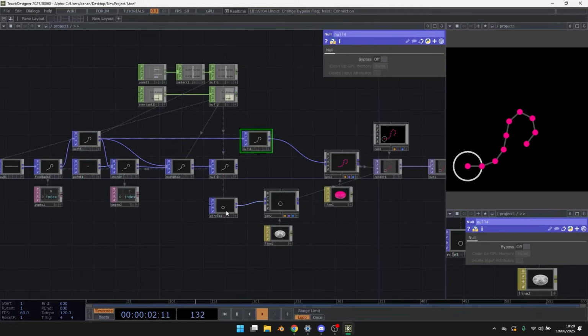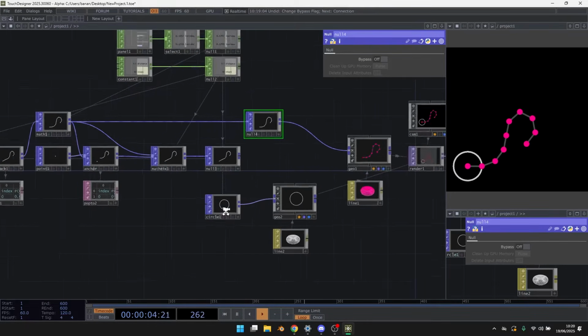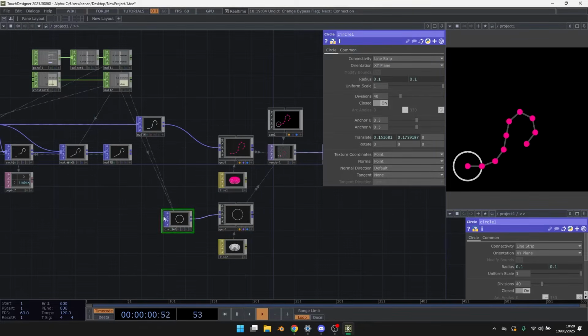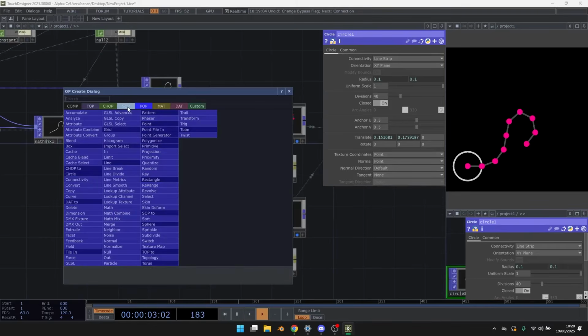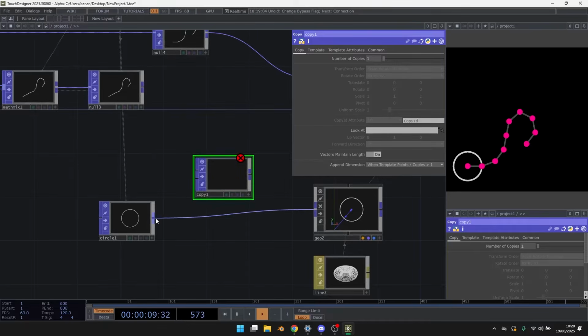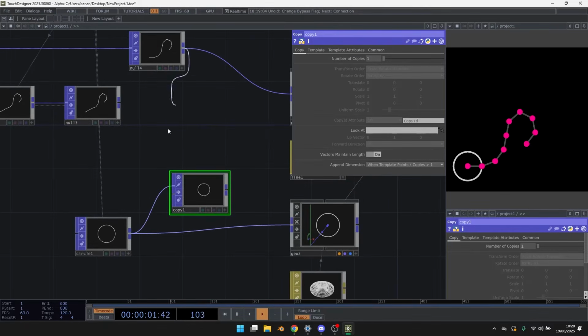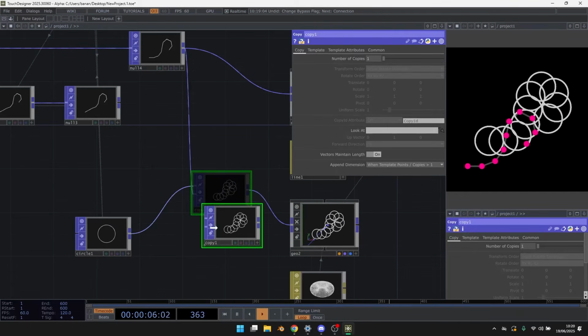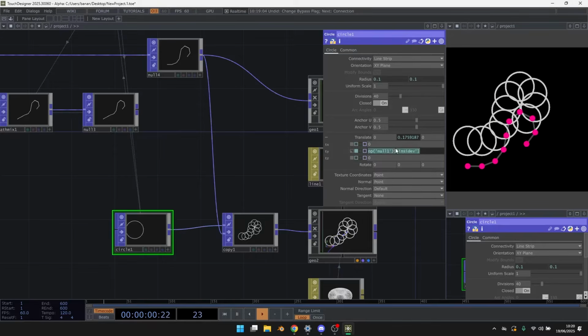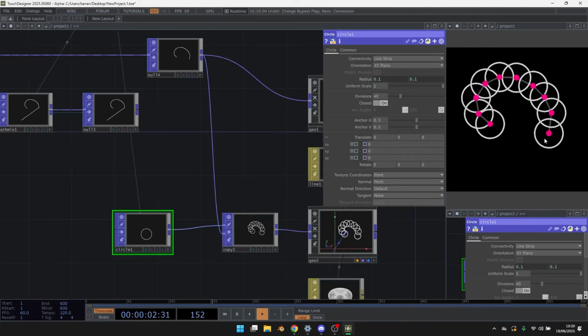Now if you want, we can also use a copy pop. This will be, so like this. Now just deal with this translate, as you can see,